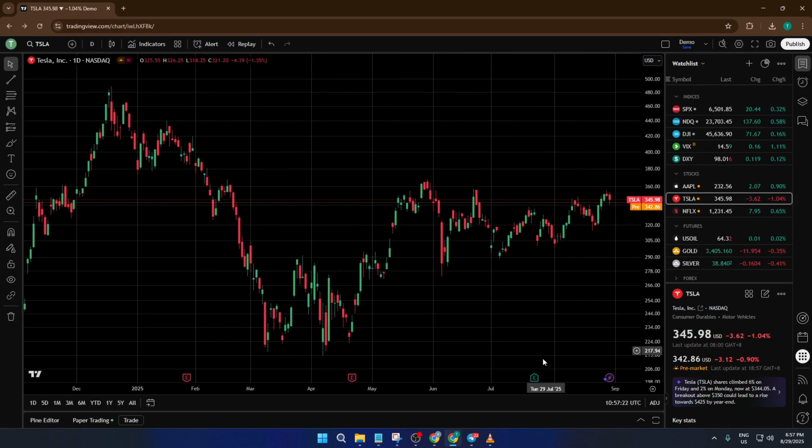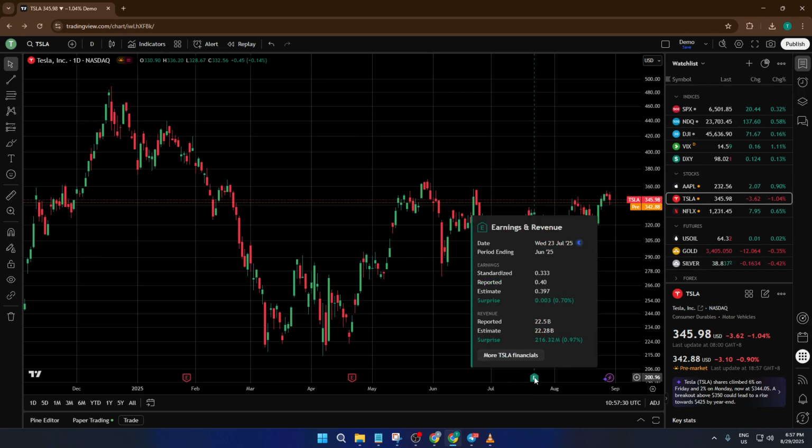is performing over time. Once you check the Earnings box, close the Settings menu, and you'll notice a new icon down at the bottom of your chart. It's a small green E. This E stands for Earnings, and it marks the exact date when Tesla reported its financial results. Hover your mouse over that icon, and you'll instantly see a quick summary pop up. This is super useful if you want a snapshot of the latest earnings without having to dig through financial reports